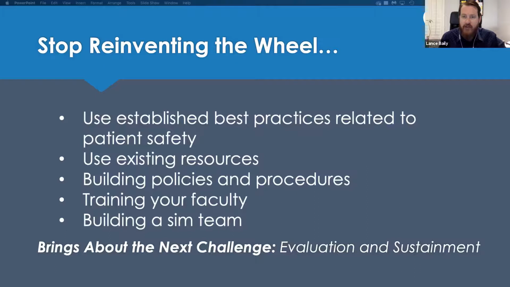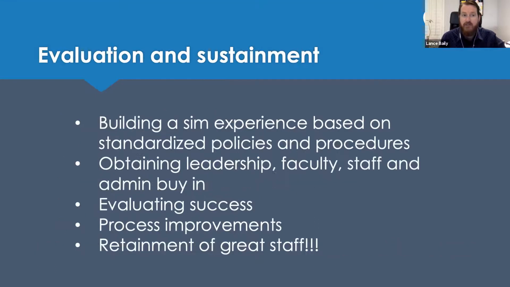I see we have another slide just focused specifically on evaluation and sustainment, which is crucial to consider at the earliest stages, which is crazy because you already have to be thinking 5 years from now, but that's how you're going to get there, right? By having this master plan. So talk to us a little bit about evaluation and sustainment overall in terms of what we need to be thinking about from that perspective.